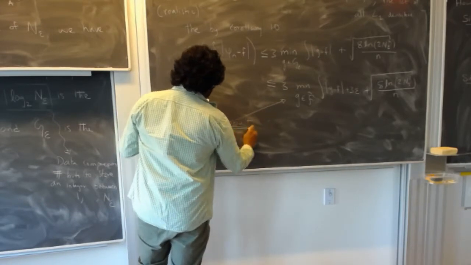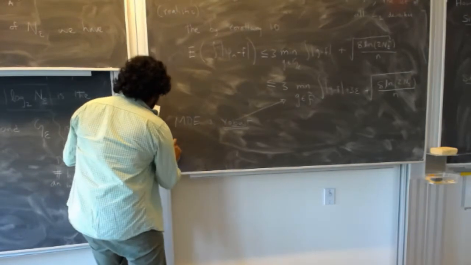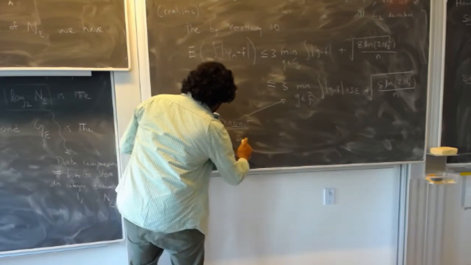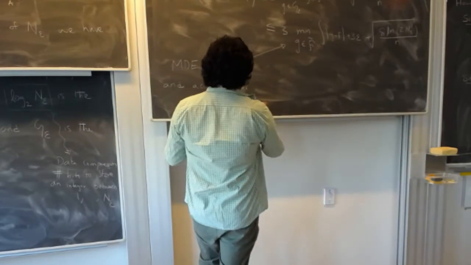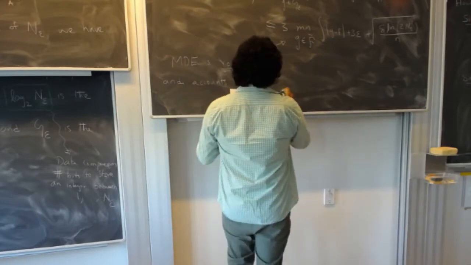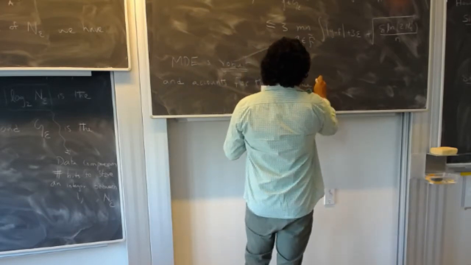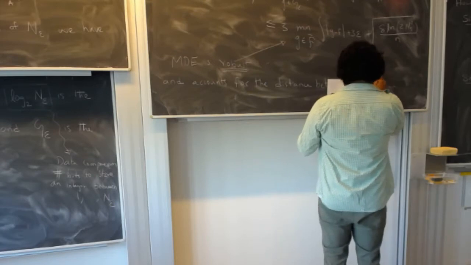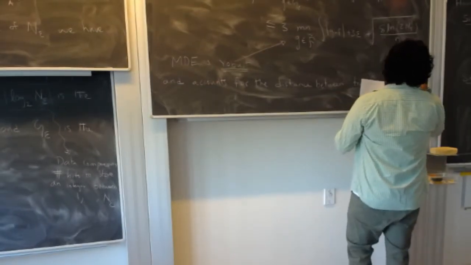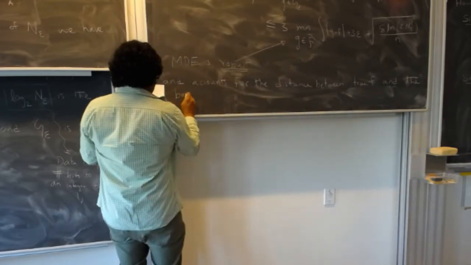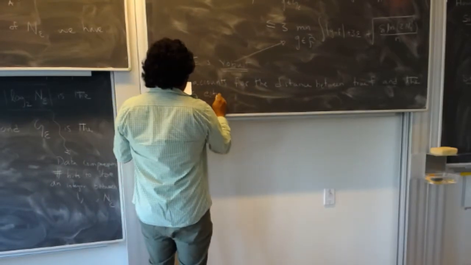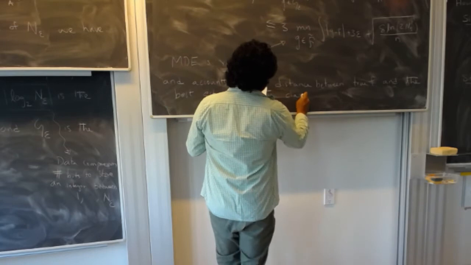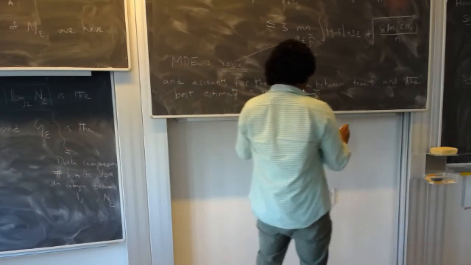What I mean by robust is it accounts honestly for the distance between the true f and the best estimate in the class F tilde